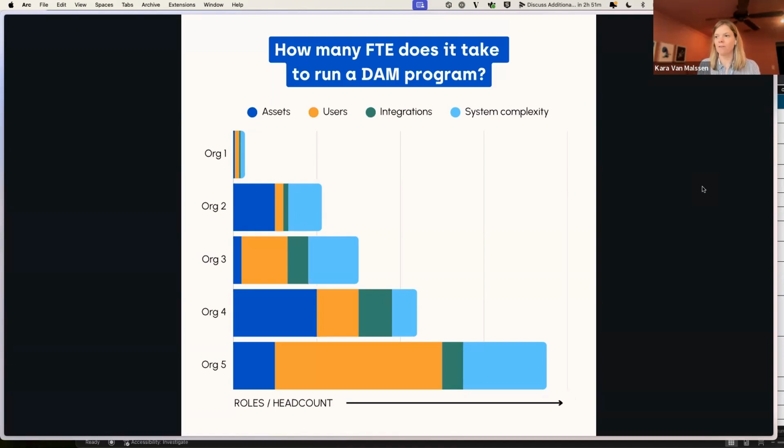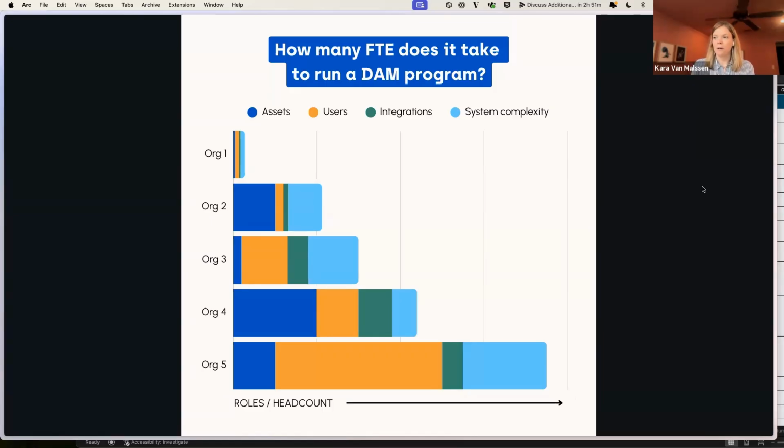Like there's all sorts of stuff going on there. In that case, we might say you might need a full-time dedicated staff, maybe even two, to help with that, because you're going to have a lot of continued maintenance to do on that platform and making sure those assets are all getting in there right, structured right, et cetera. Then our organization number 3, and we have clients that fit all of these profiles.